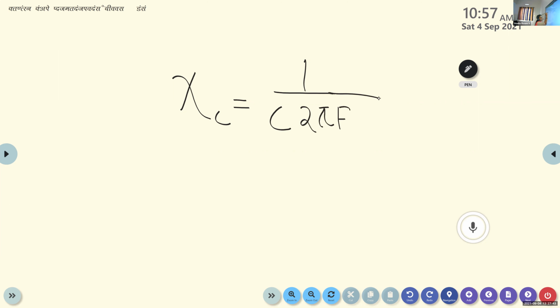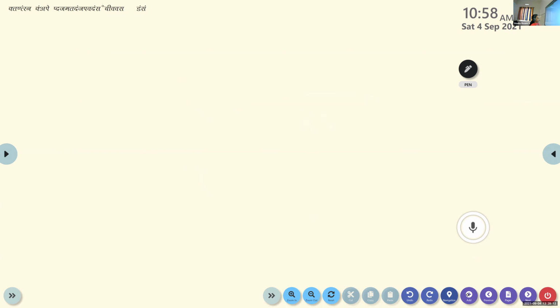That is, the capacitive reactance is inversely proportional to frequency. Xc is inversely proportional to f, whereby 1 by 2 pi C is a constant. So Xc is inversely proportional to 1 by f. Then the graph will be,